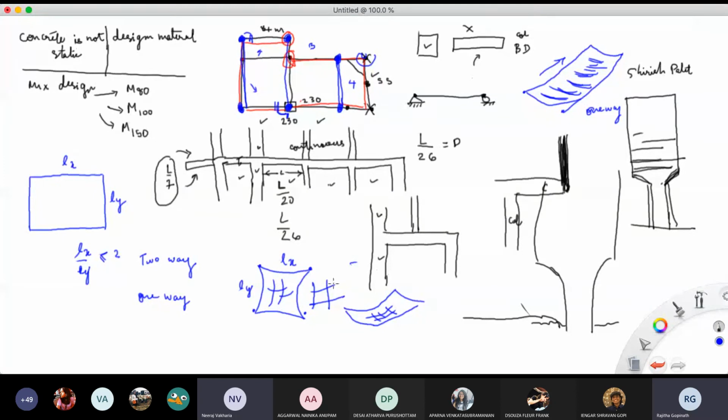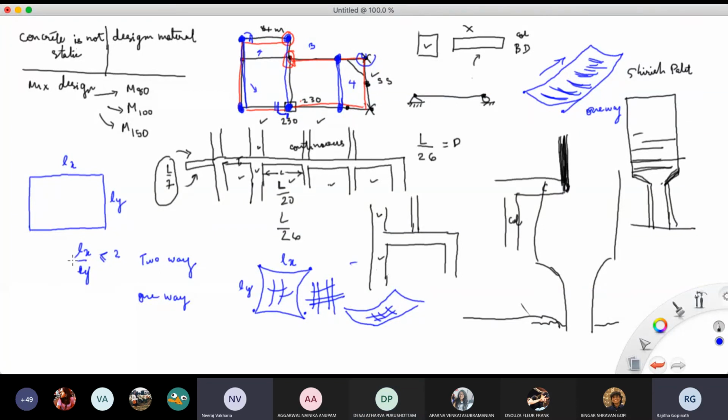ठीक है कि ये कुछ समझ में नहीं आया? Okay, so this is what a one-way, two-way slab is. All right. Rajit, हाँ बोलो. Can you just repeat that Lx by Ly is less than 2, then it's a two-way slab. It's a two-way slab. The idea is that when you have a